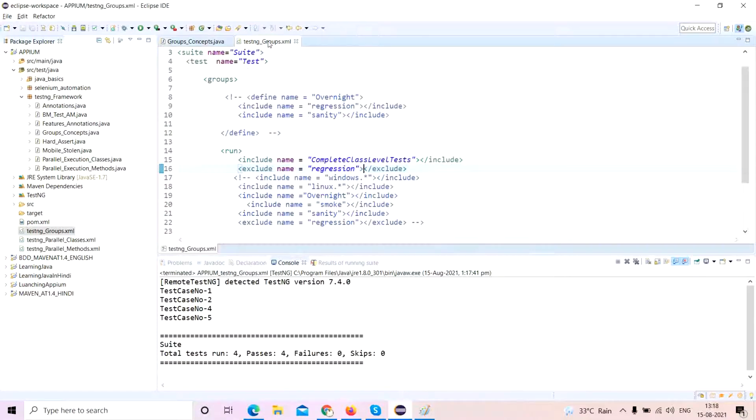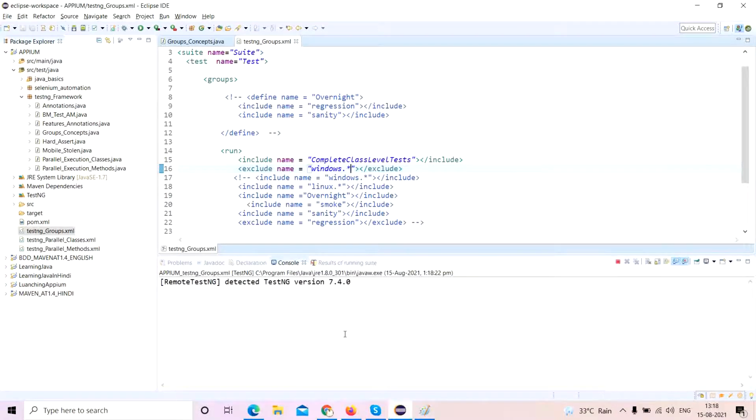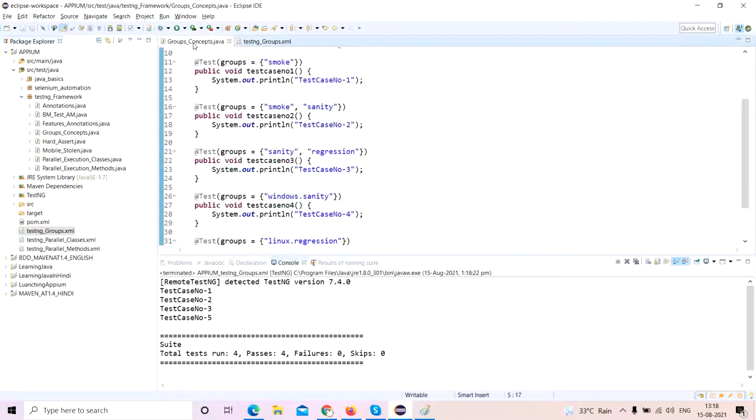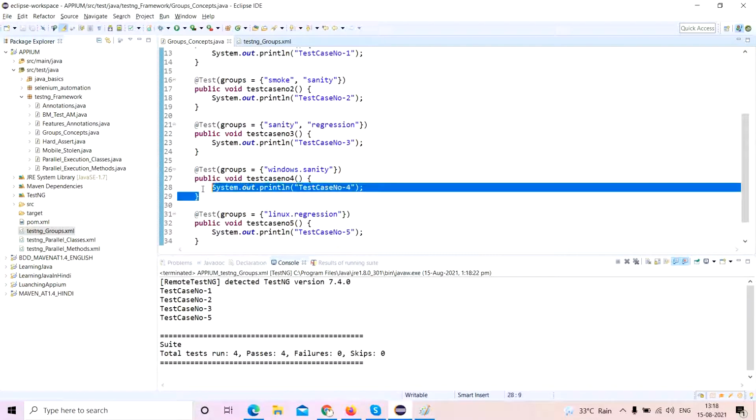As of now, we are just excluding regression. So if I write here, let's say Windows dot star, I'm excluding Windows dot star, and I'll execute this. Let's see the output. You get 1, 2, 3 and 5. 4 is excluded.